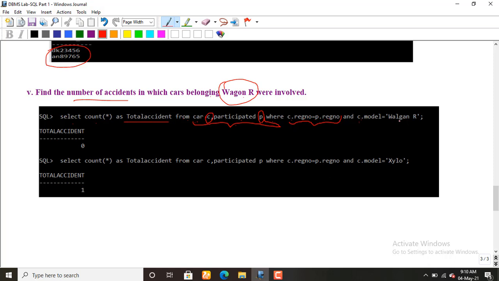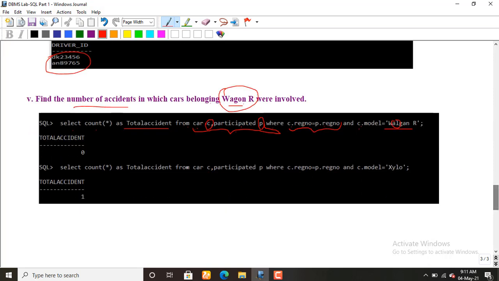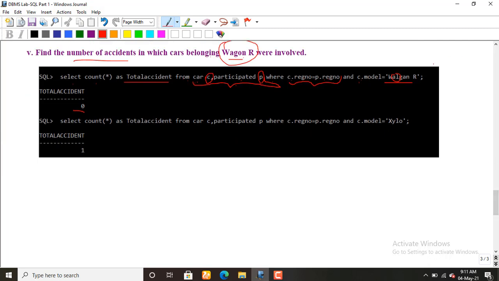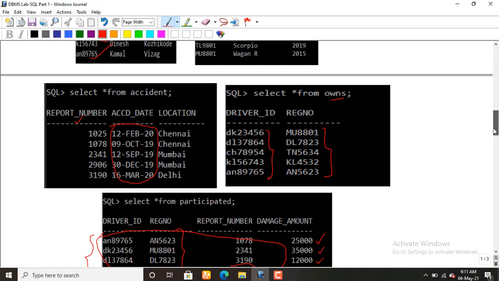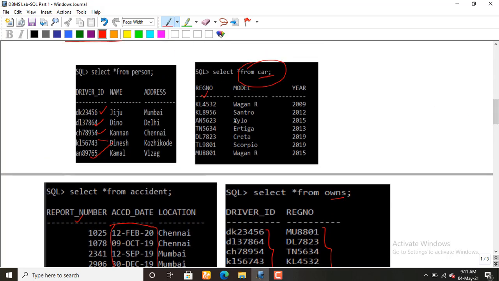So C dot model is equal to Wagon R. Sorry, there is a spelling error here. So the total accident for this particular model is nil. Then if you change the model to Xylo, the total accident involved here is 1.